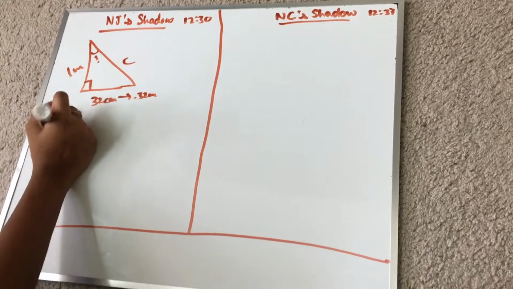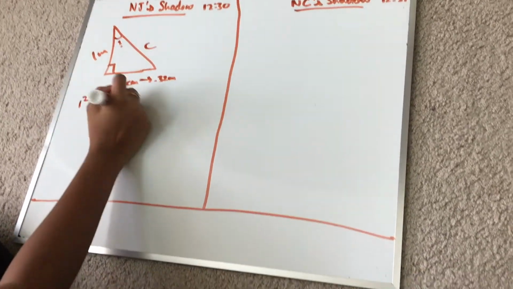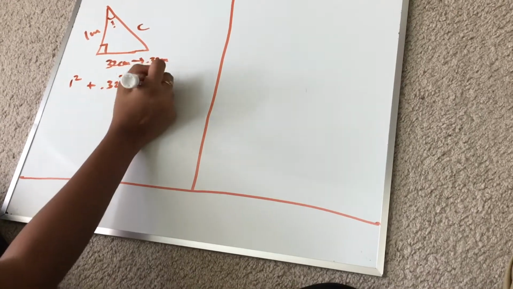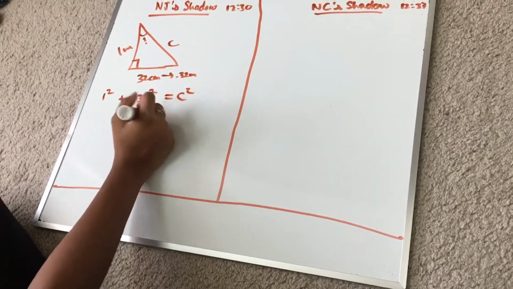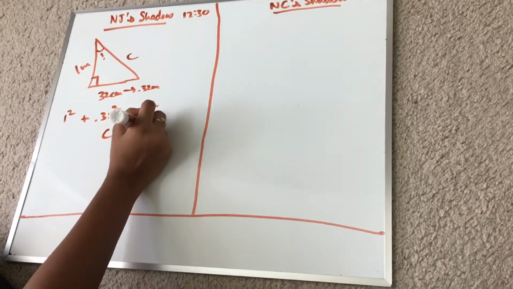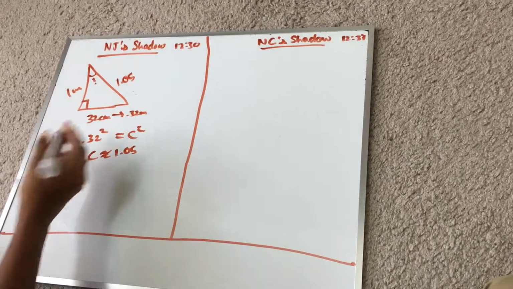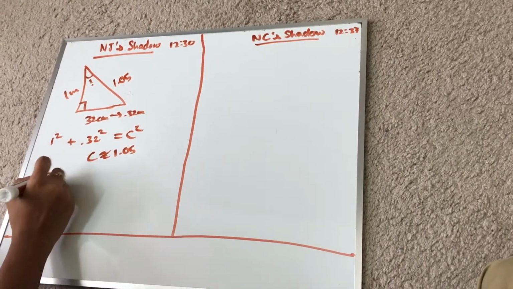Since it's a right triangle, 1 squared plus 0.32 squared should equal c squared, and c would then come around to approximately 1.05. So now that we know that this is 1.05, you can use the law of sines to say that sine of 90